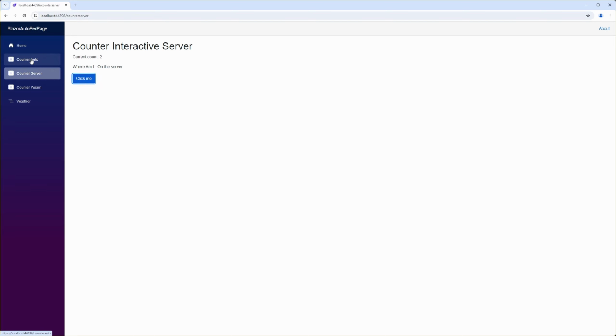Now let's navigate to the counter auto page, which should run on the client if the WASM files are available, otherwise it should run on the server via a WebSocket. The location is showing on the server, so perhaps the WASM files were not available. This was not the case. Despite any expectations, Blazor will use an existing WebSocket connection if available, even when the WASM files are ready for